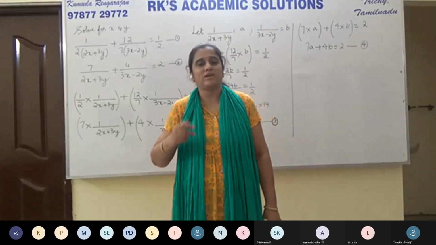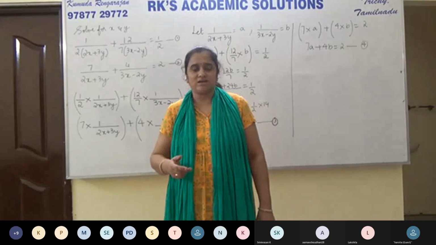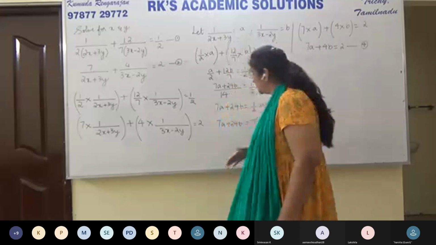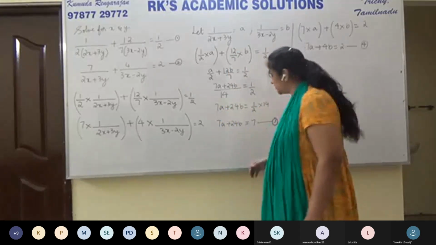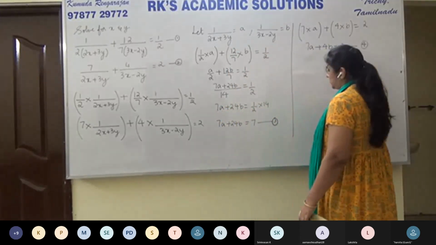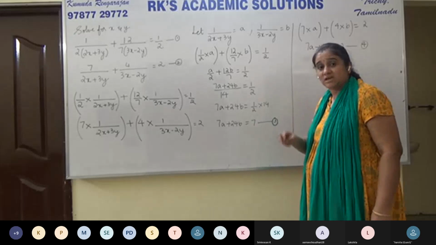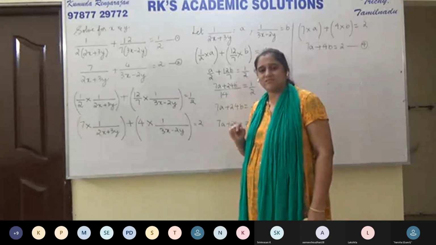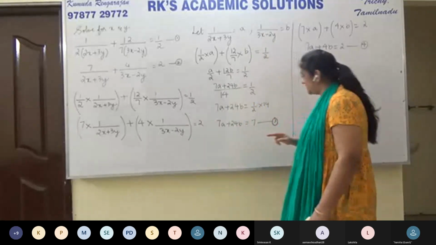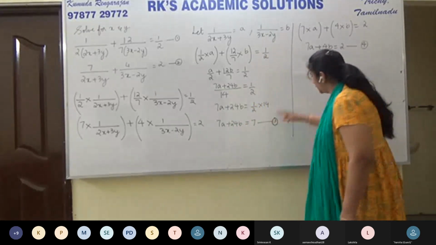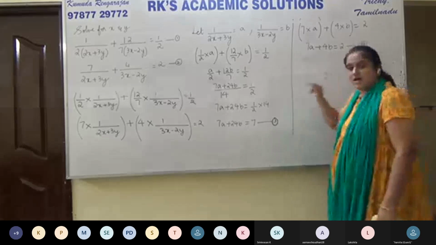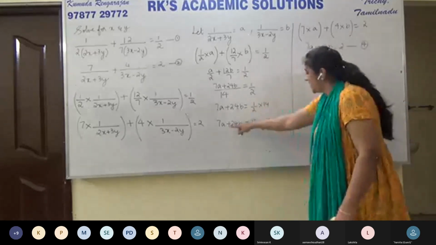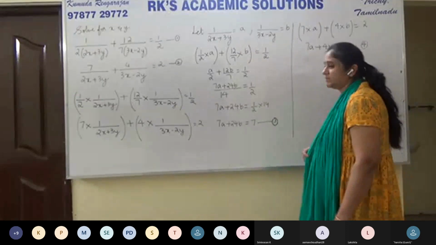But since equations 1 and 2 are not linear, we reduce them, we make them look like a pair of linear equations. Now equations 3 and 4 are a pair of linear equations in two variables a and b, not x and y. Please listen to this again. Equations 3 and 4 are a pair of linear equations in two variables a and b.